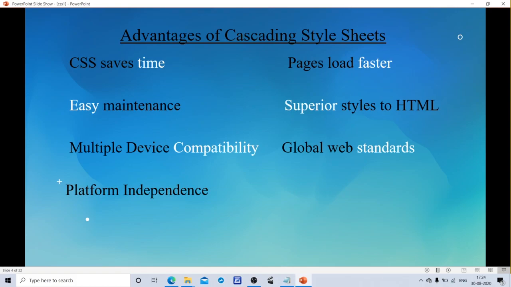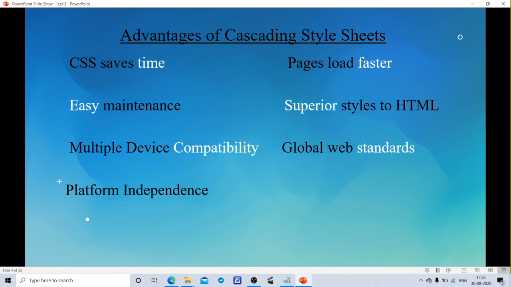For example, if I am using the h2 tag in an HTML document a number of times, and I use a cascading style sheet, I can write the HTML tag attribute in a cascading rule and it applies to all the occurrences of that particular tag in a document. So it loads faster.